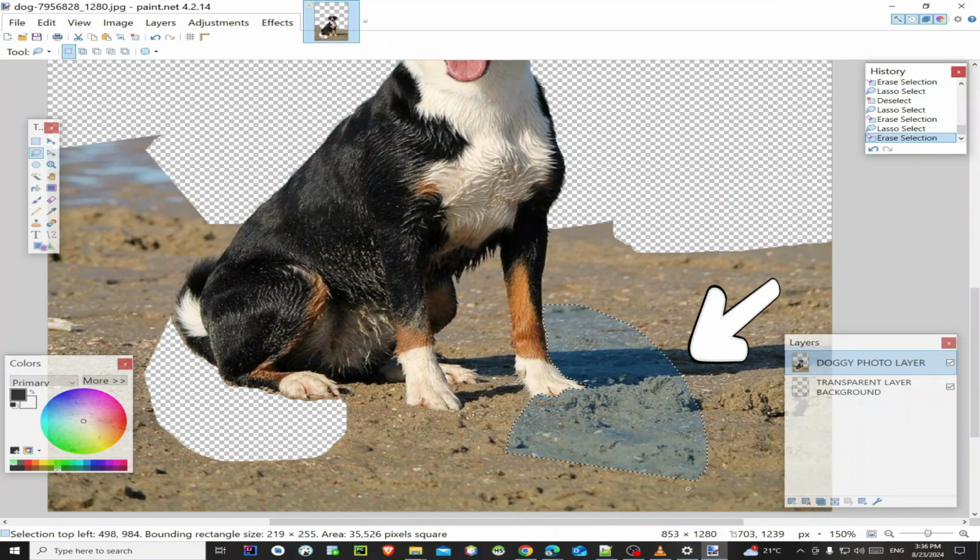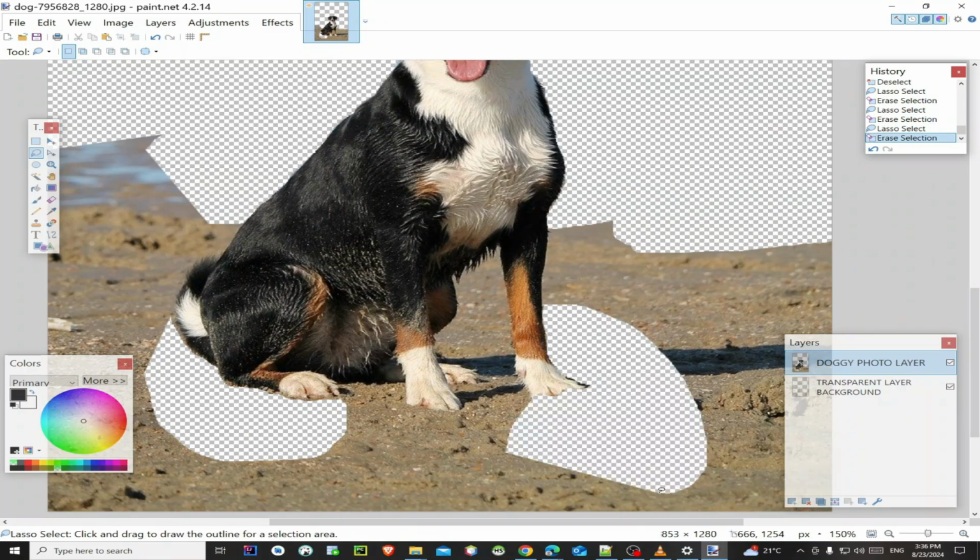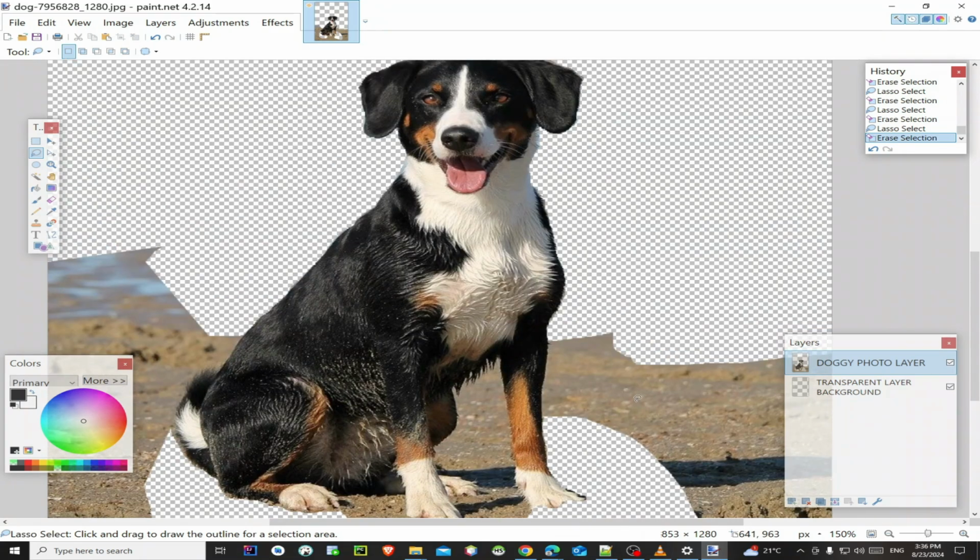Let me first get rid of that bit. So I hit delete. There's this bit here, let me trim it out. Yeah, that's deleted. Continue again and remove this remaining bit. Oh no, I have to restart it over.